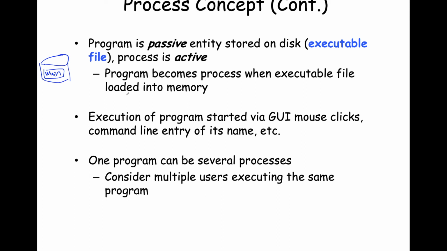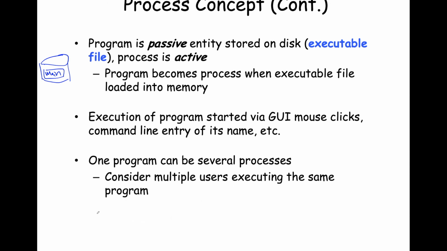And so how do you start your programs? In a whole host of ways. You click on it. If it's a WIMP interface, window icon menu pointer, graphical user interface, you click your mouse on an icon, and that launches a program that's taking it off of disk, causing it to be loaded into memory, and then it is scheduled for execution, fractional use of the CPU's time. It can also be done on the command line, as is the case with a terminal on a Unix-based operating system like Ubuntu Linux.